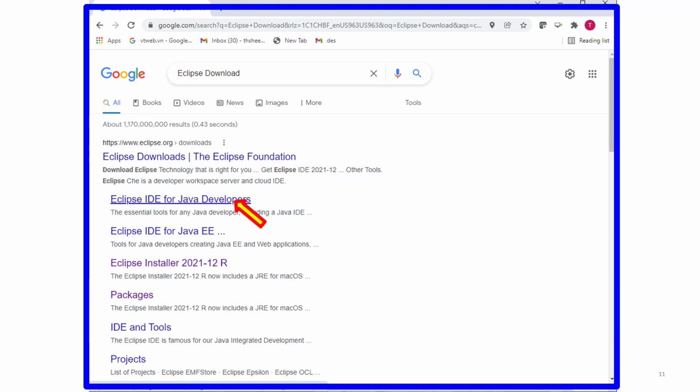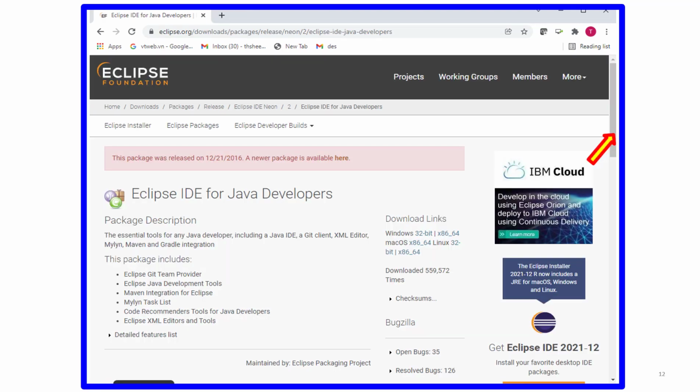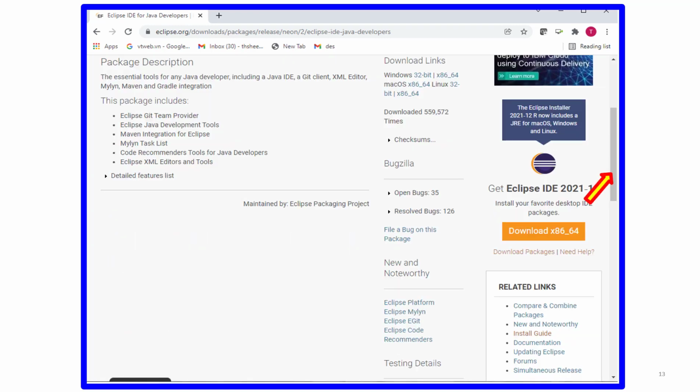Now click on the link, Eclipse IDE for Java Developers, which results in this screen. Put your cursor on the scroll bar and note that on all of my slides, I will be using a gold arrow outlined in red to represent the cursor, just to make it more visible. Now slide down to this point on the page,